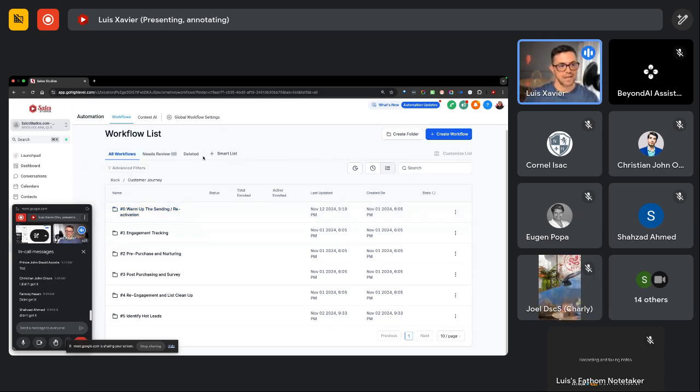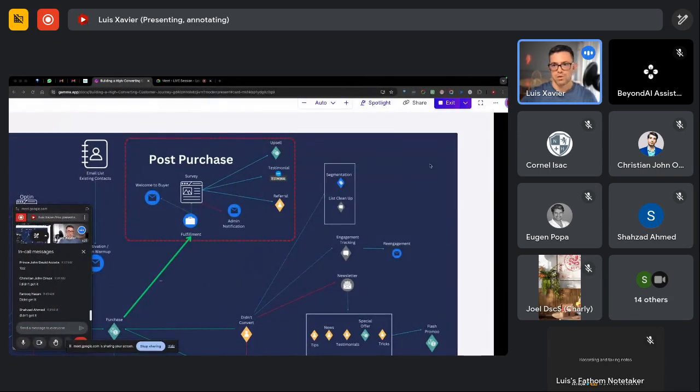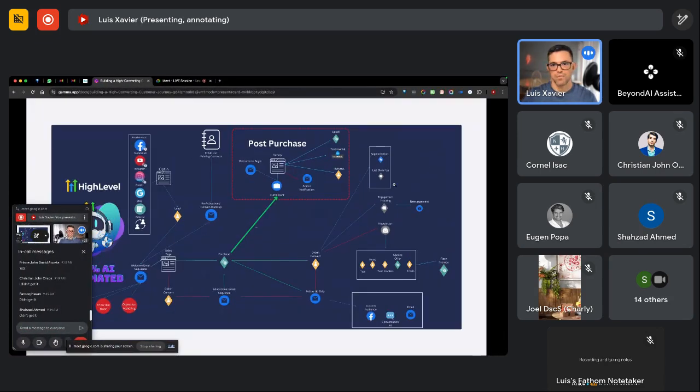So I'll cover that in a different day, but just keep that in the back of your mind, as in, this is very important, this is free, you can go and implement that, but I've got a better solution. Not a better way to do it, this is going to be a different strategy, exactly the same thing, right? But it will be a lot faster. So you'll be able to press the button, it will automatically go and create all the emails. It will implement all the emails inside of each one of those sequences, and you'll be able to use it straight away. It will take 5 minutes or so, okay? So let's go back to the slide and let's open up for questions.